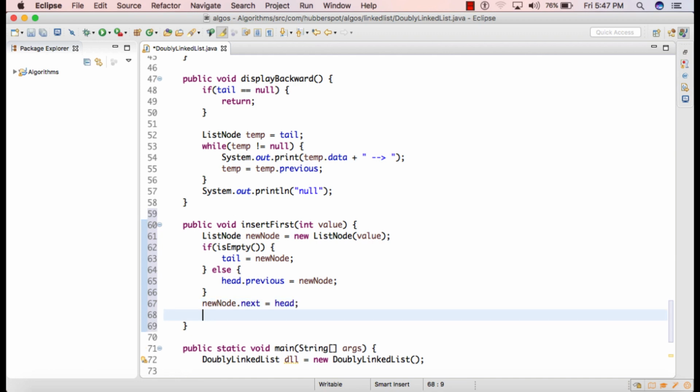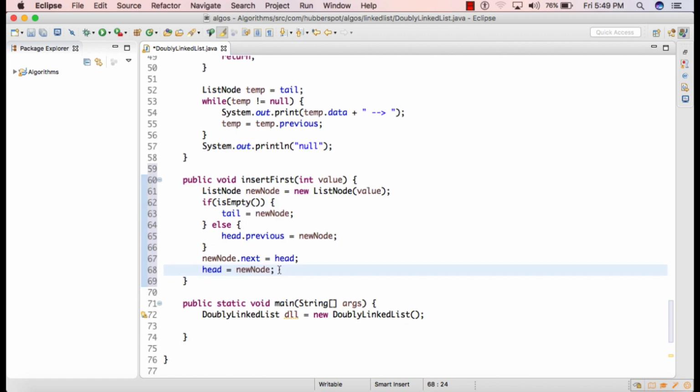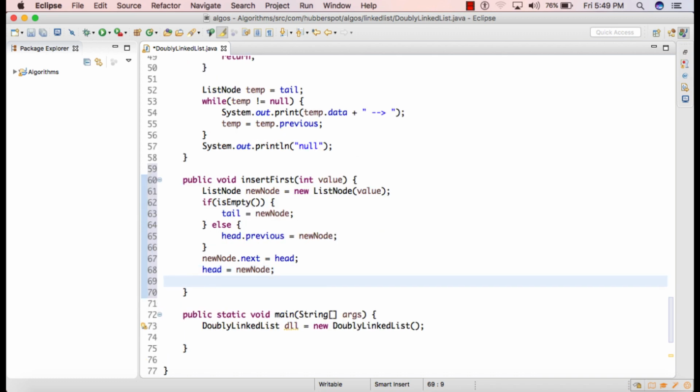And as the node is inserted, now head will point to the new node. So we'll simply assign the value of newNode to head. After we insert the node into the beginning of this doubly linked list, we'll simply increment the length by 1.